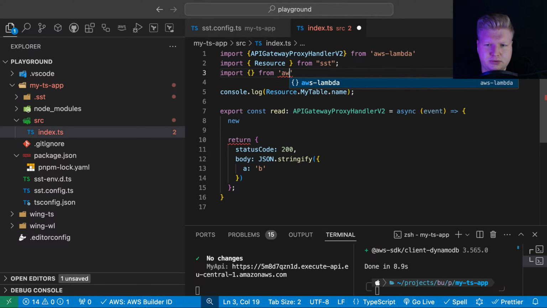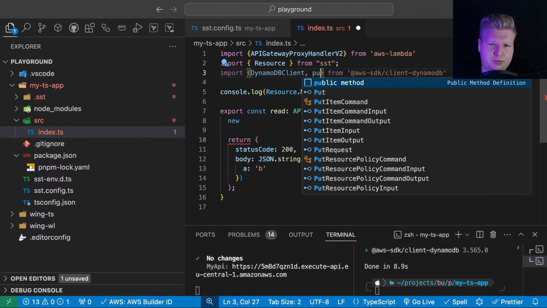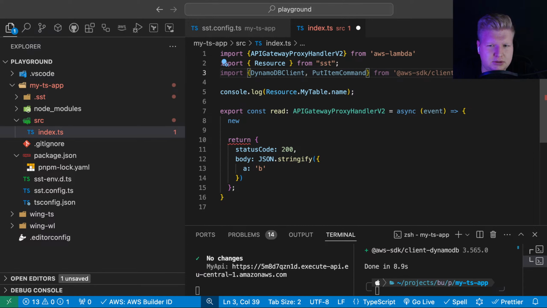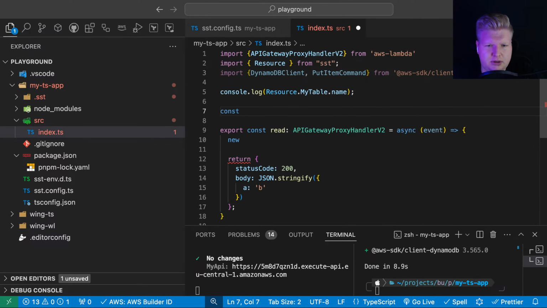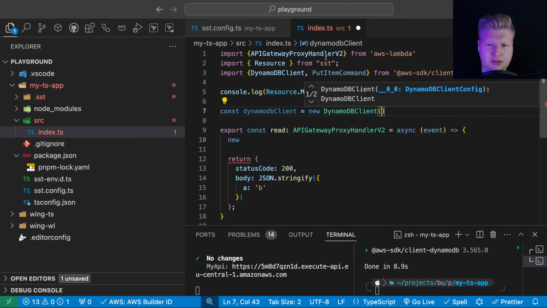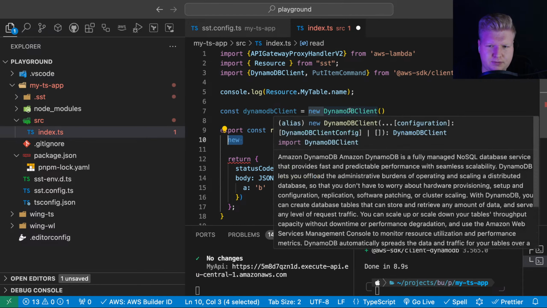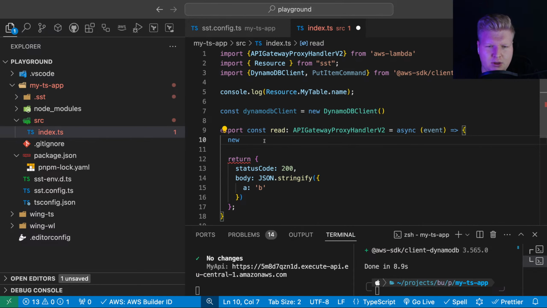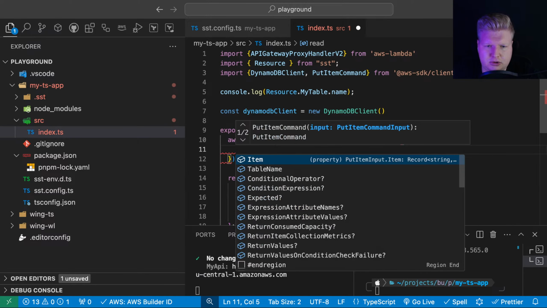So now we're going to do DB, and what do we want? We want the DynamoDB client. We want PutItemCommand. That could be enough. So let's create a client outside here. The client equals new DynamoDBClient. Then I can create a new command.